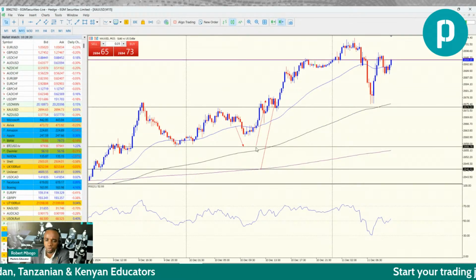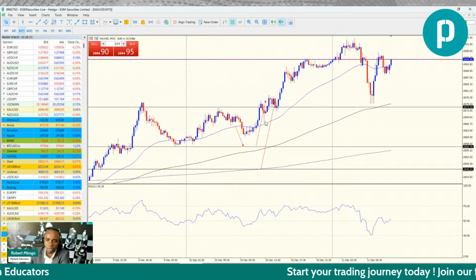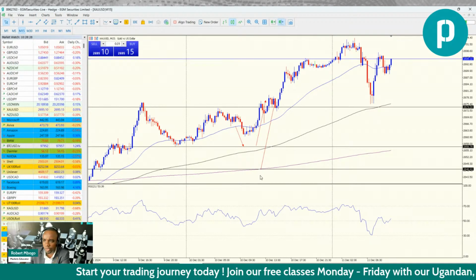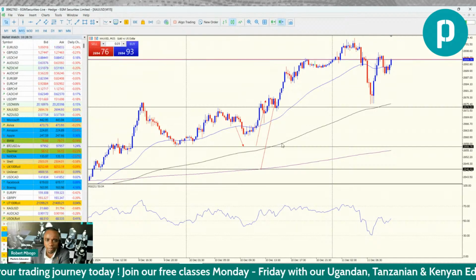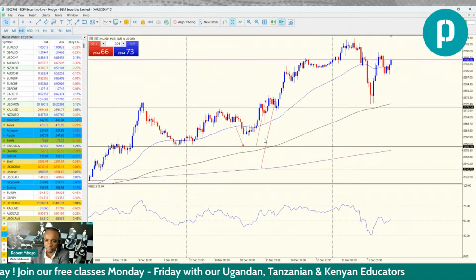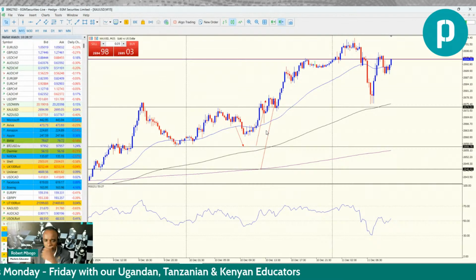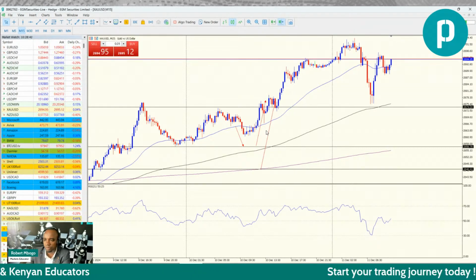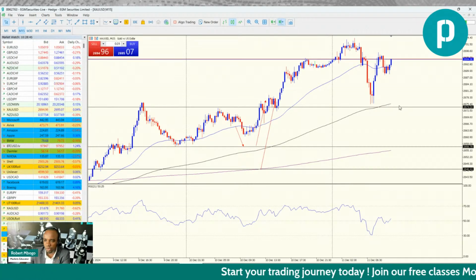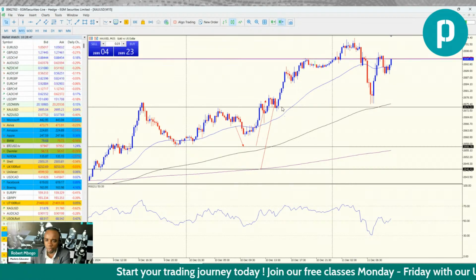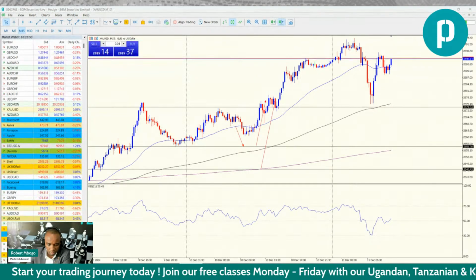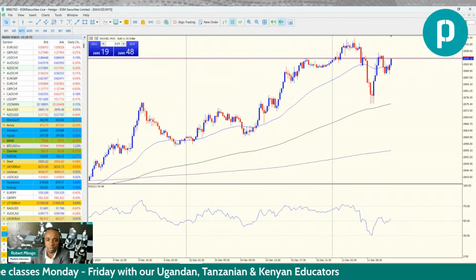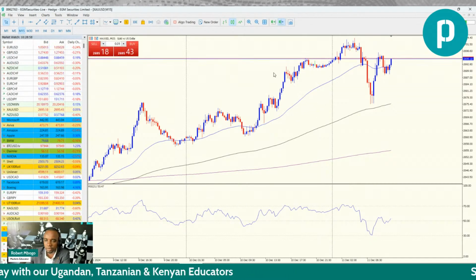Gold, we were looking at buys. Ideally, we were looking at a test of this area before a bullish push. So gold didn't really come down to test these areas, but we can see price being bullish, right? So we were looking at more of buys, and then we can see it played out. So maybe a test of these lows will be an area we look forward to. So let's remove this analysis. Once again, remember, this is purely educational analysis.